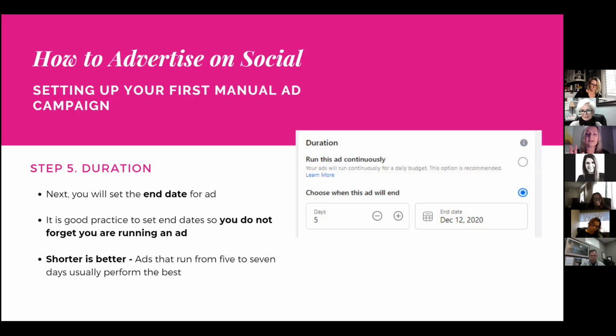Here, you're actually setting an end date. And the shorter is better. We found that ads that run for about 5 to 7 days usually perform the best. And you can always pause the ad and rerun it again if need be, but at least you're having some insight as to how the ad did over that period of time. And you're not spending your budget ridiculously because maybe you've forgotten or there are a few ads running and you're kind of not sure